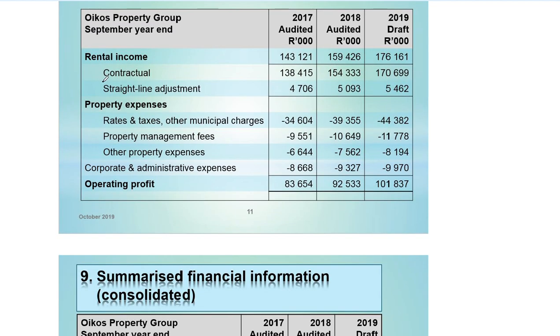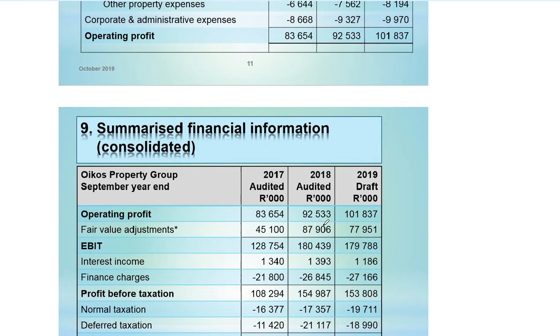So we are given information about the rental income. Looking at the rental income, it increases each year. It is expected to increase because of the escalation that is happening, as well as the fact that they are adding one property each year. And then property expense, overall, we see that it is increasing. All the expenses are increasing each year, and the reason is that we are expecting escalation from the providers of the services. And then operating profit is still increasing each year, which is good for the company.